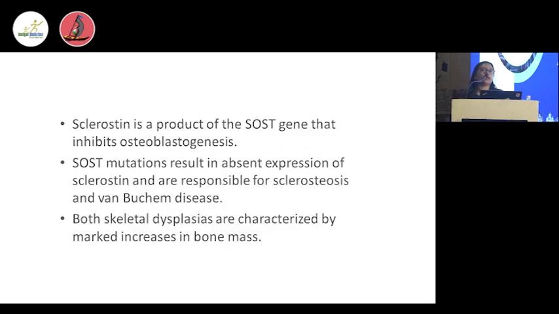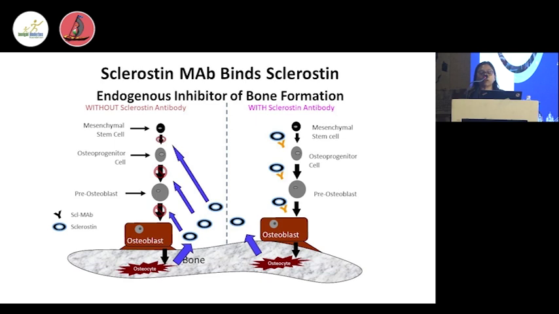So what are the novel agents in both these groups? First, the new osteoanabolic therapy includes the sclerostin inhibitors, and then there are some newer drugs which can act on the DPP-1 pathway. The newer anti-resorptive drugs include the one which acts on the RANK ligands, cathepsin K inhibitors, and the SRC kinase inhibitor. We'll discuss these molecules in detail one by one. Let's first start with the osteoanabolic therapy, that is the anti-sclerostin antibody.